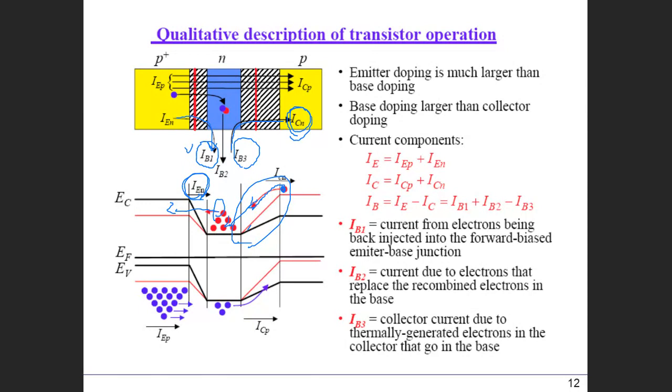Now the last one is when the hole in the emitter is injected into this base region, and when they pass through the base, some of these holes recombine with the electrons in the base. So when they recombine, electrons are supplied in the base to create the recombination. That supply of electrons creates another part of this base current, described by this component, IB2. So if we add them all,